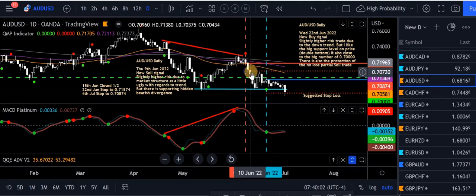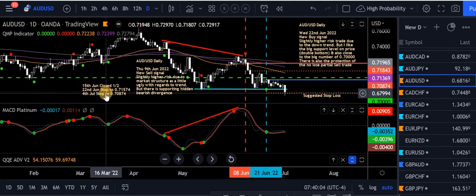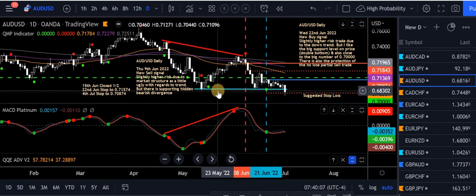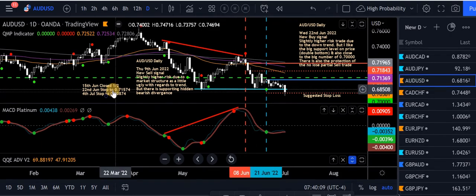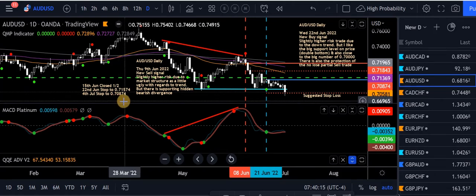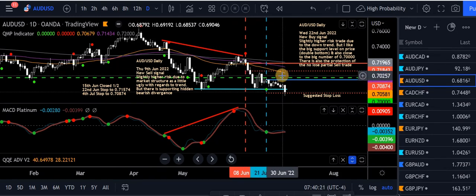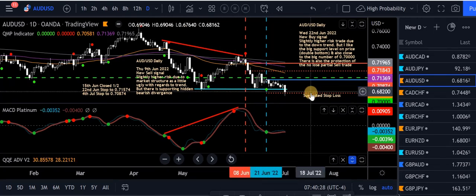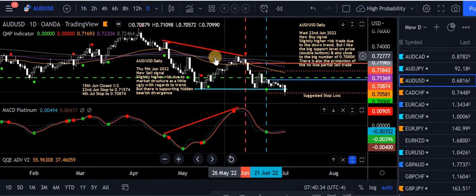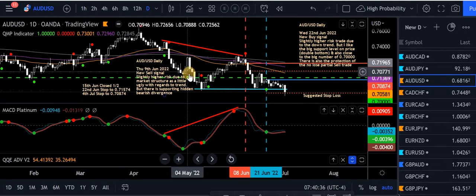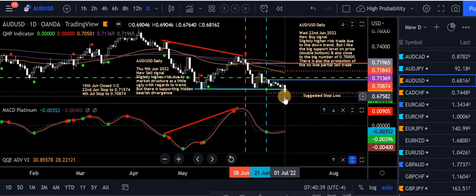So the other thing, I've taken some action on the 4th of July, which is tomorrow. I'm moving my stop on the sell down to this level here. So 4th of July tomorrow, stop will be moved down to 70874 as per the notes there. So I'm just keeping it above this high here and between sort of the 50 and the 100 EMAs. Price is going down. This green dash line here is the 70-cent level on the Aussie. So that's a pretty big number in the Aussie. If you look back in history, you'll see price bounces around it a fair bit. And it looks like we've broken down below it now.